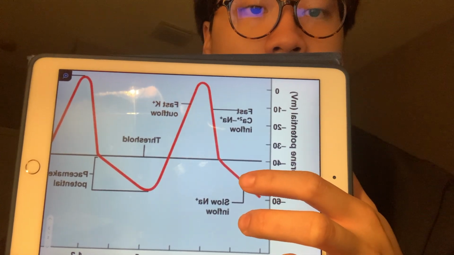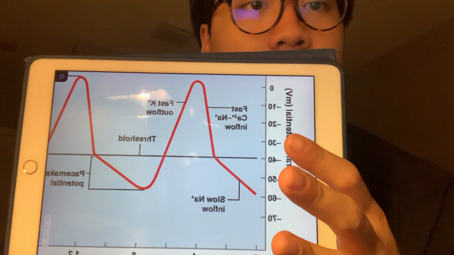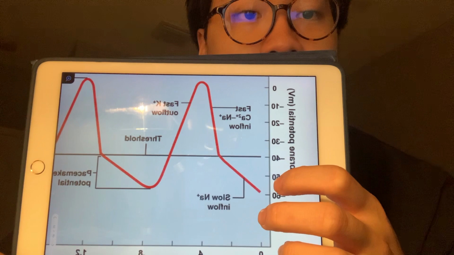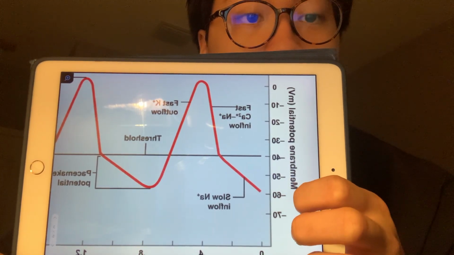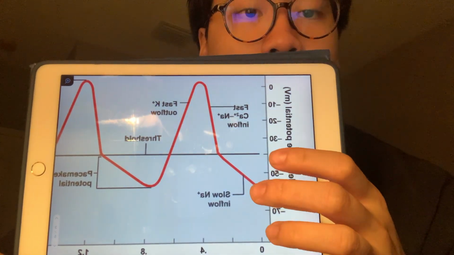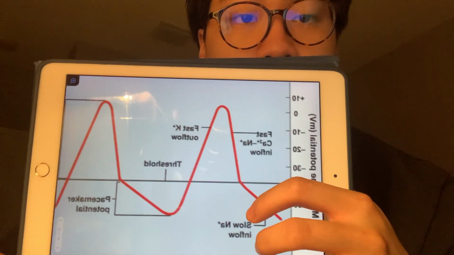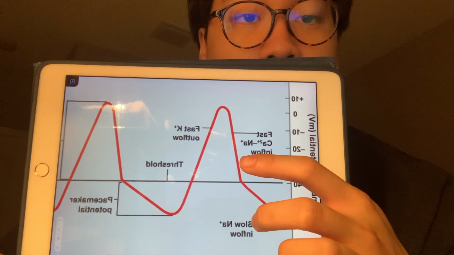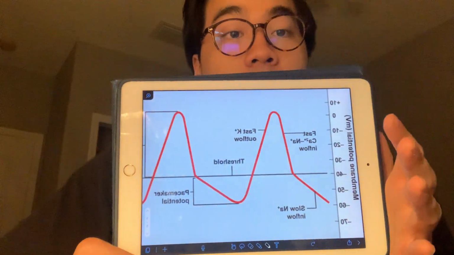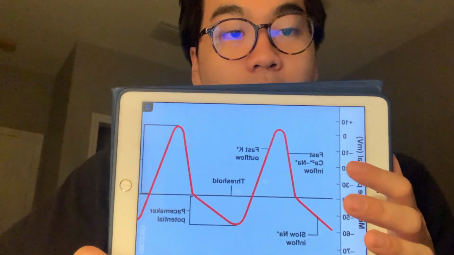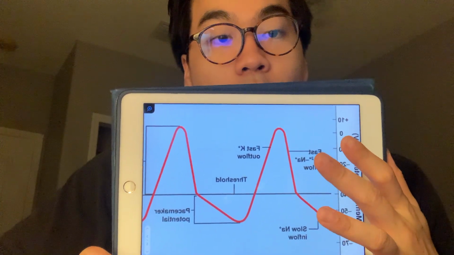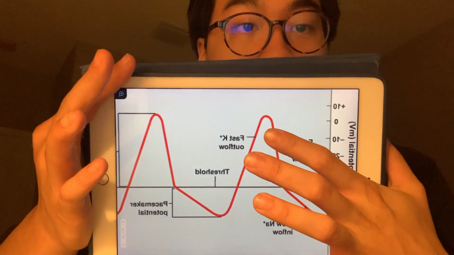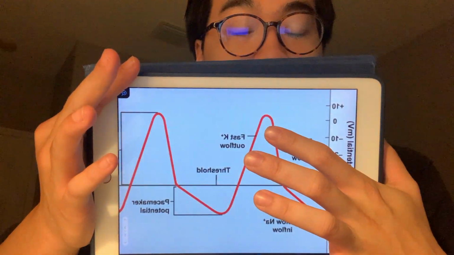So this slow increase is due to the slow influx of sodium ions. Since sodium ions are positively charged, so will the membrane potential. It will be increasing positively. As you see over here, there is a rapid increase in the membrane potential. This is due to the fast influx of calcium and sodium ions, which will cause it to shoot up so rapidly. In this graph, the membrane potential will reach a peak at the top,